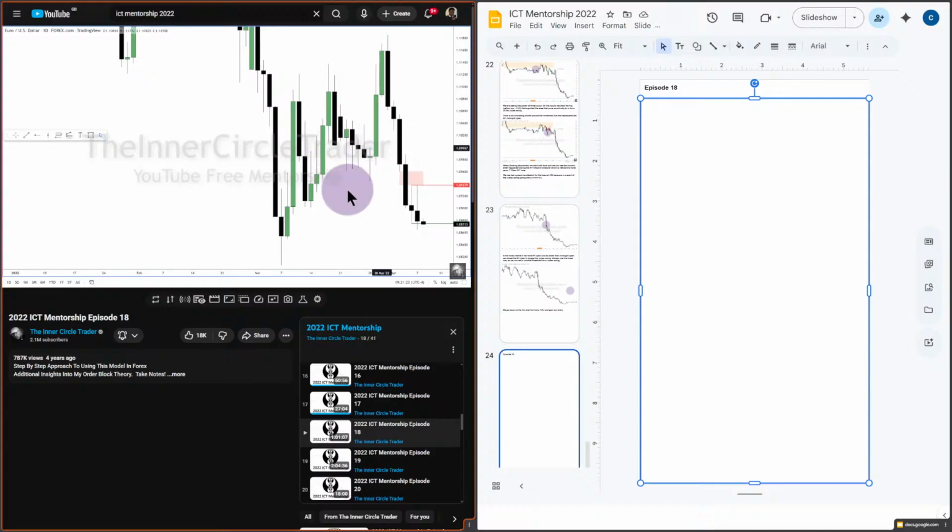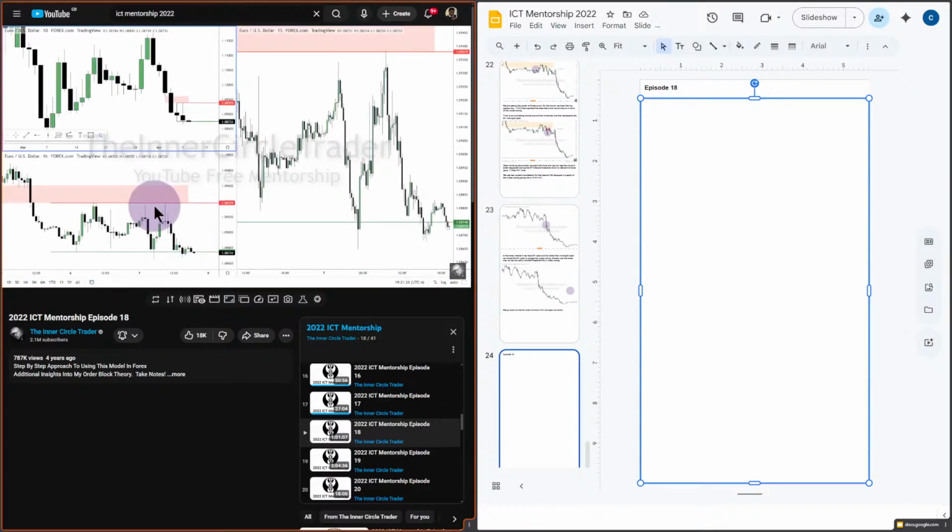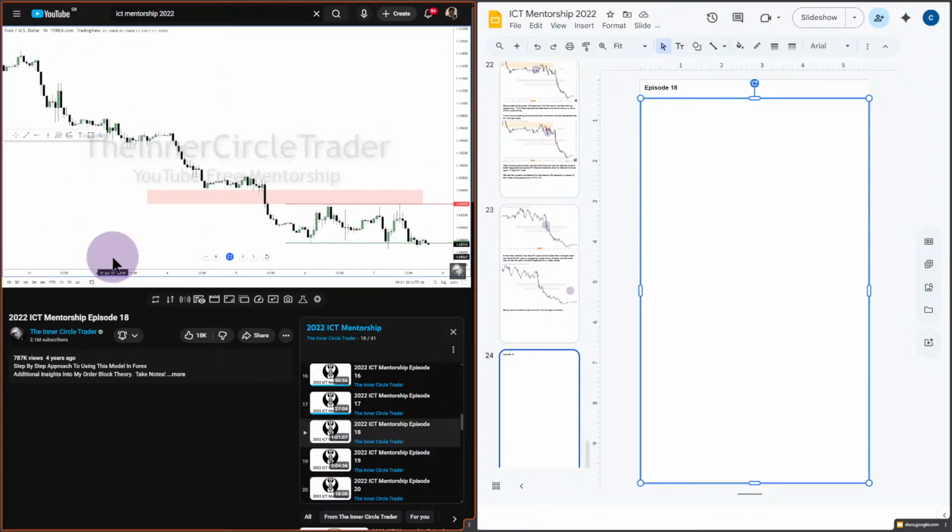Okay, so let's go back to the layout, and I'm going to maximize the hourly chart. All right, so I like to do these types of things, bring it to the actual level I'm anchoring to, because I have obsessive compulsive disorder. So it is what it is. It's a struggle, folks. So in here, it's this imbalance on the daily chart, but now we can see it also exists in the hourly as well. So we have what? This high and this high. What are they? They're relative equal highs. Anchor to that point right there.